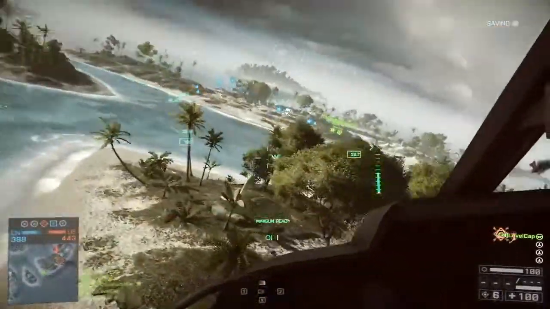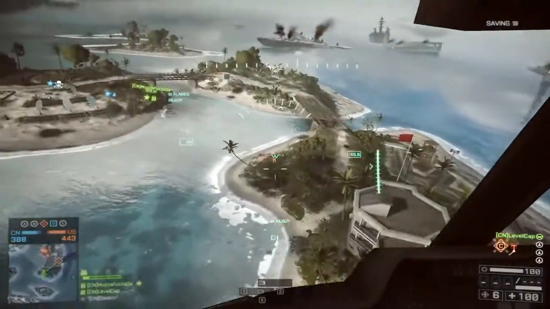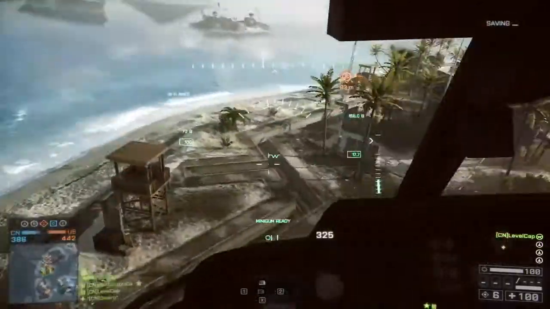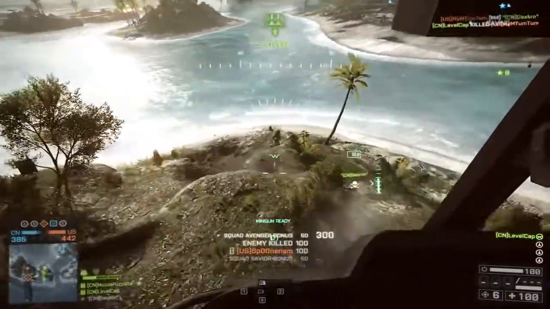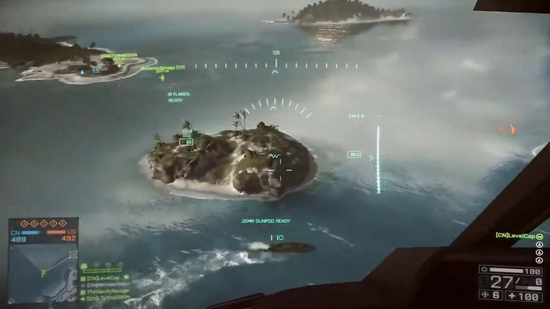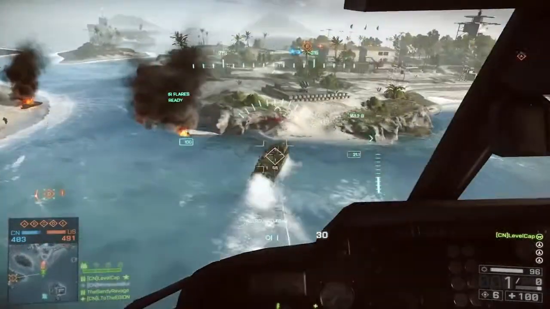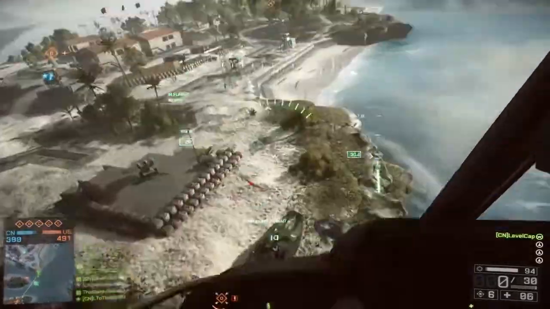Now, aside from the helicopter gameplay, my overall experience playing on the new Paracel Storm map was just amazing. This map is so visually stunning. I mean, you can see it from the footage here. I really just haven't seen anything that has looked quite this gorgeous in any Battlefield game to date. The wave physics, once the storm starts, it looks crazy. Just look at me going after this attack boat here. It just looks incredible. The wake, the explosions, the way that the sparks fly off the boat when my minigun